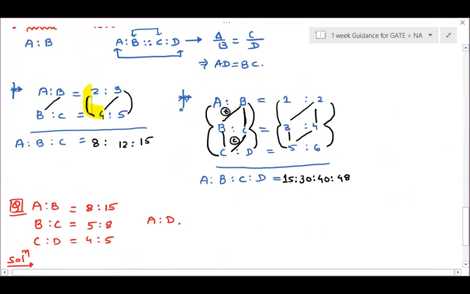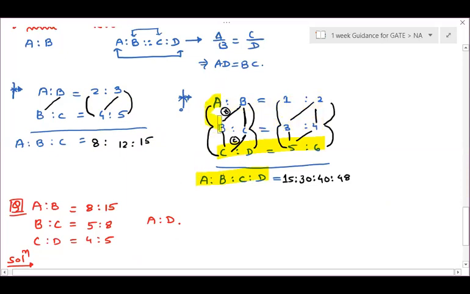Where were we? Yes. So this symbol into this symbol into this symbol, right? So this will give you 4 2s are 8. This is 4 3s are 12, and this is 5 3s are 15. Okay. In the same way here, so for A is to B, when they will give you A is to B is to C, and C is to D, and they will ask you ratio of all of them, A is to B is to C is to D.